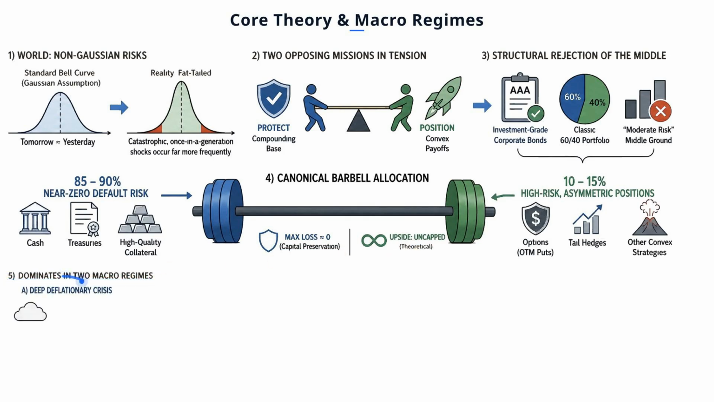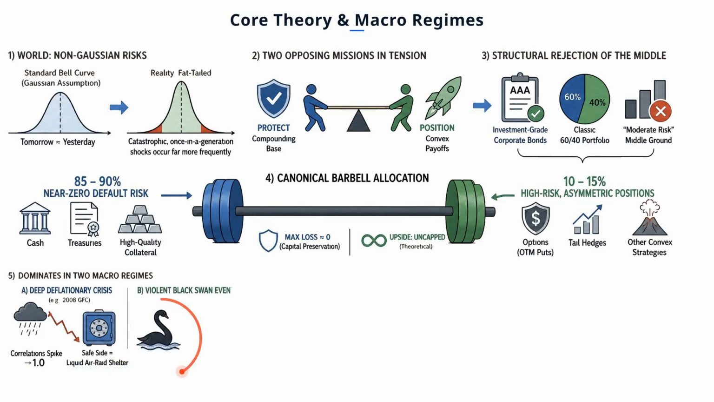The first is a deep deflationary crisis, like the 2008 global financial crisis, where traditional diversification often vanishes as asset correlations spike to 1.0. In such environments, the safe side of the barbell acts as a liquid air raid shelter. The second regime is the violent Black Swan event, such as the March 2020 crash, where out-of-the-money put options can